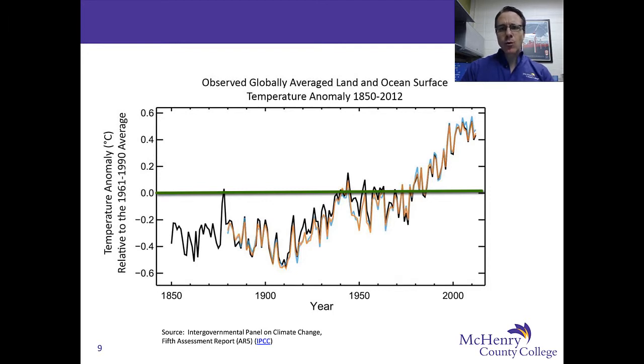The latter half of the 20th century, you see a remarkable change in terms of the slope of the line, where you have a steep incline. And thus we can say the latter half of the 20th century, particularly the latter half of the latter quarter of the 20th century, was when Earth's land and surface temperatures started to increase relative to the 1961 to 1990